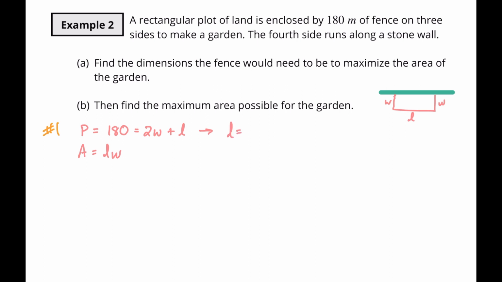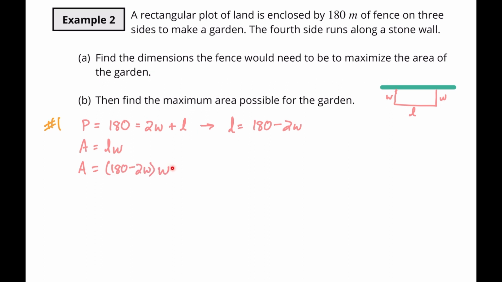So L is going to equal 180 minus 2W. So that means our area then is going to be equal to 180 minus 2W times W. And you know what? I'm going to expand this. I'm going to multiply this out so that I've got a slightly easier derivative to do for step 2. So we're going to have 180W minus 2W squared. All right, so now let's do step 2 where we're going to find the derivative of